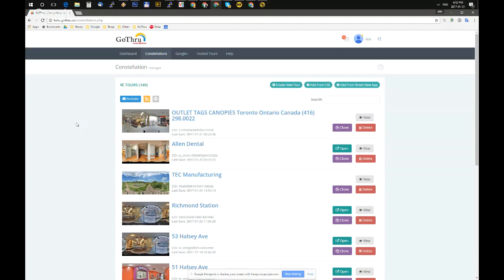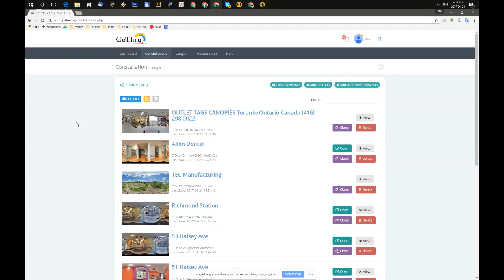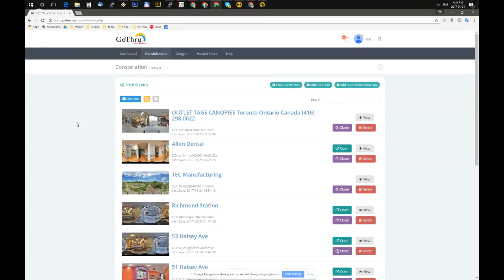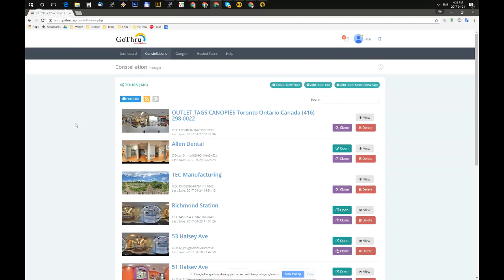And if you load them right now into GoThru moderator, they will be on the same level, which is going to be a big mess. So we need the levels to have a clean constellation. Plus, in the future, hopefully Google will support levels for the Street View app venue. So that's something that we are working towards.